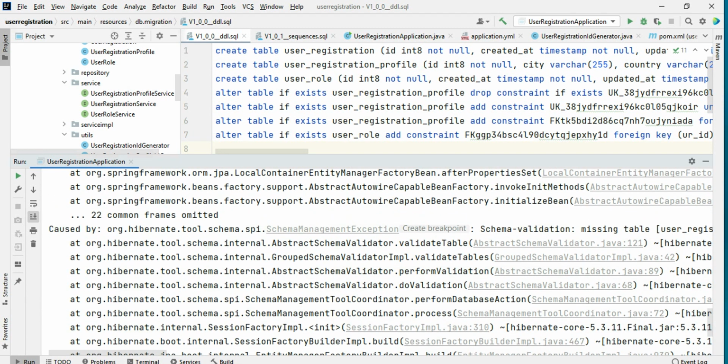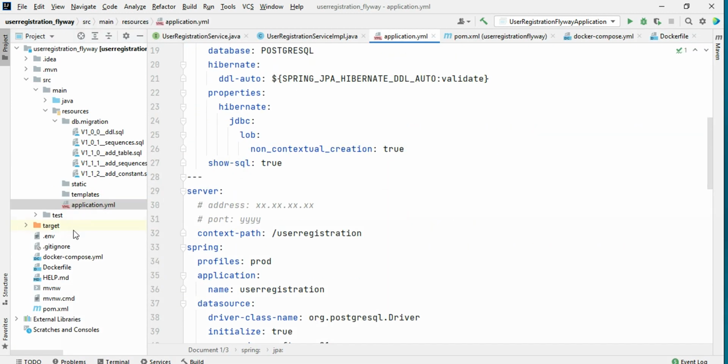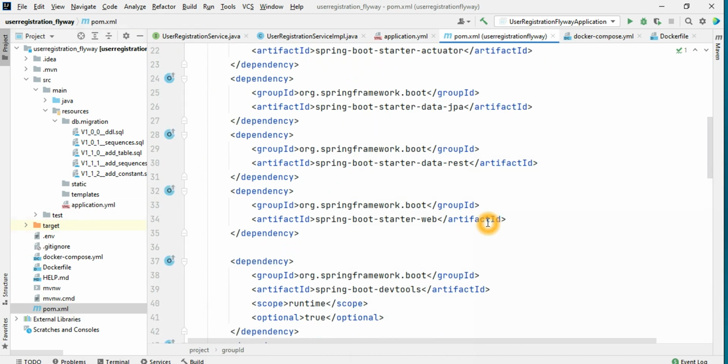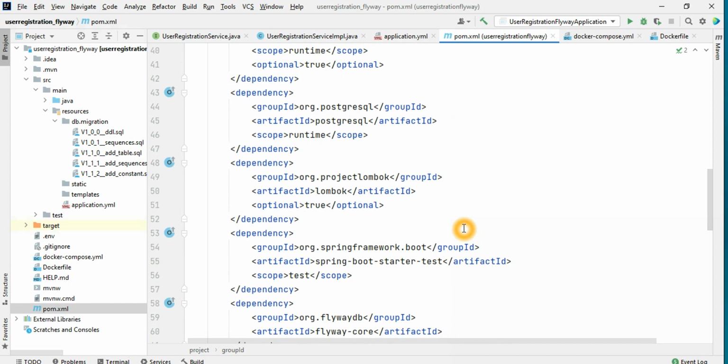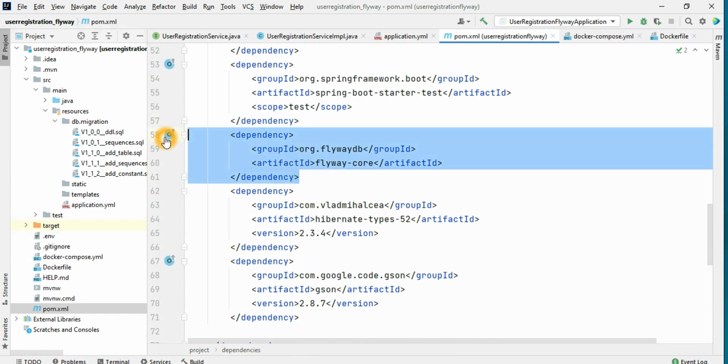Let's inject the Flyway dependency. Maybe we have it here somewhere. No, not here. So we need Flyway, maybe the Flyway core. Liquibase, and this is the Flyway core. We need to inject the dependency. Copy and